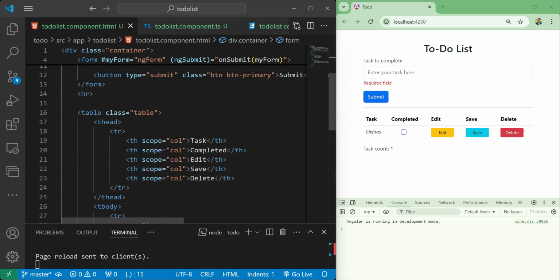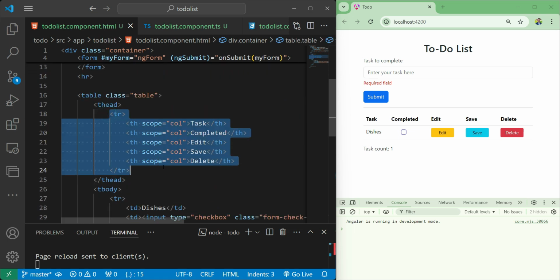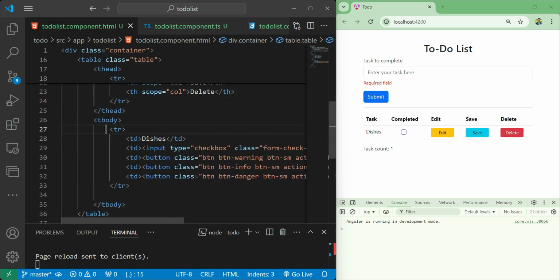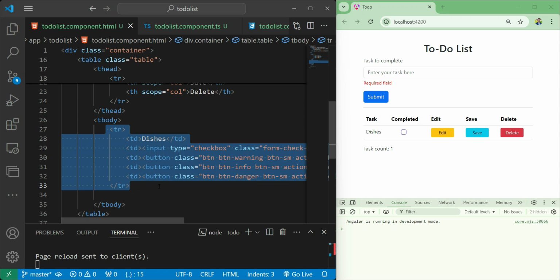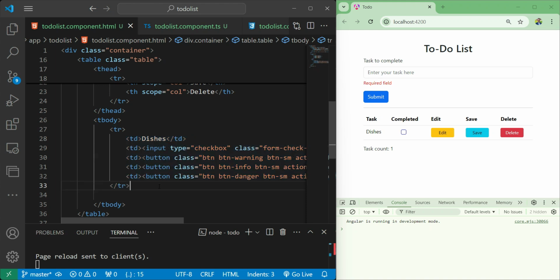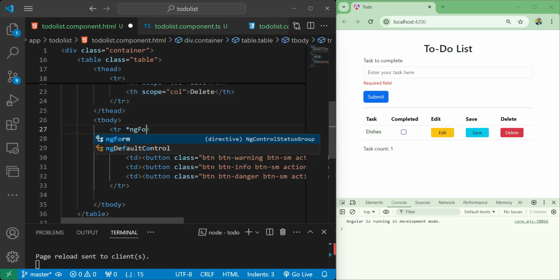Let me scroll down. We're gonna leave our header alone. It's not gonna be changing. But this row, we need to dynamically create it, and we need to create it 2 times. One for our first object in the array, and second time for our second object. In our old project, we used the old syntax, and just to demonstrate how to use it, we're gonna use it here. So here inside our table row tag, we're gonna make space, and I'm gonna type star NgFor equal,